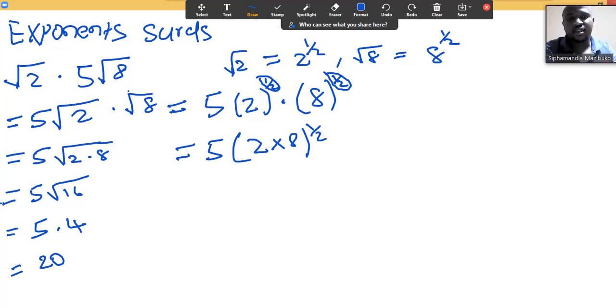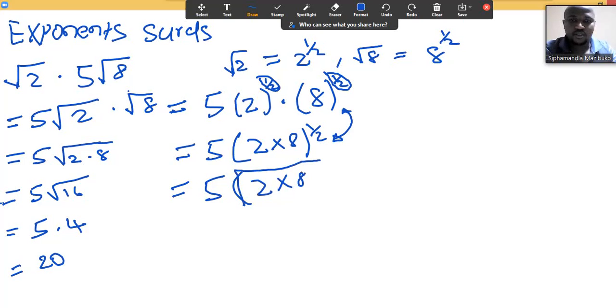We can go in this direction, and it can also go in reverse. So that's why we have 5 into 2 times 8, and now we can easily put a square root,